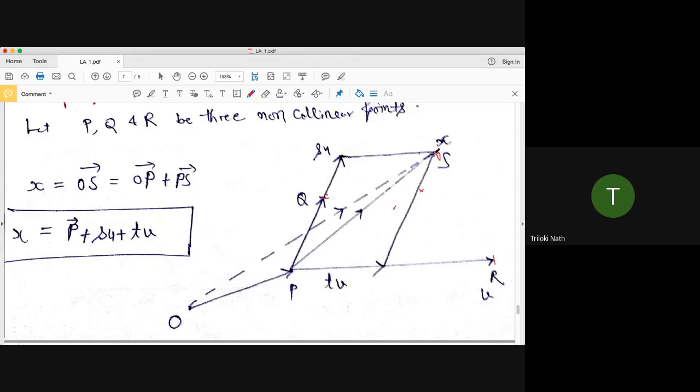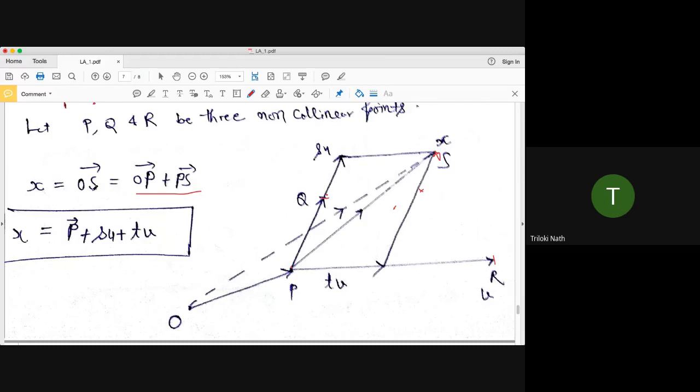So let us, we have taken the point S here in this plane, which is containing the points P, Q, R. So the problem is to write the position vector of S. So how to write the position vector of S? Okay, how to write the position vector of S? That is OS vector. So by the triangle rule, OS vector means OP vector plus PS vector. This is very clear. Okay.